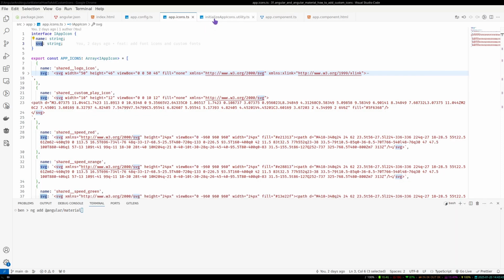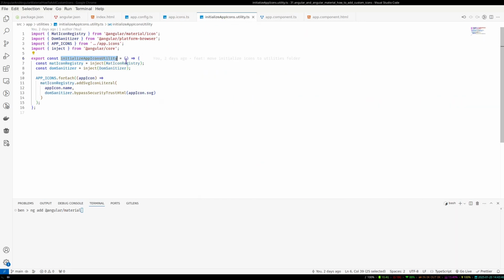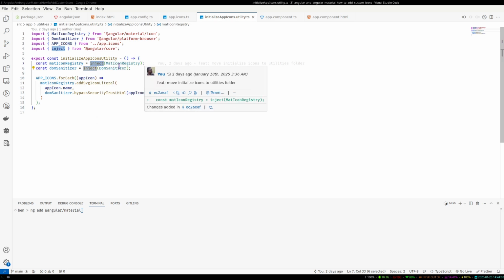And now it's time to initialize our app icons. And this code, it's so short, yeah? So I'll just explain it really quick. The first thing that we see right here is that we are using inject. Inject makes it possible for us to use a material icon registry by using dependency injection. And the other thing that you are going to use is also the DOM sanitizer, so that it's possible for us to bypass, yeah? Because remember,